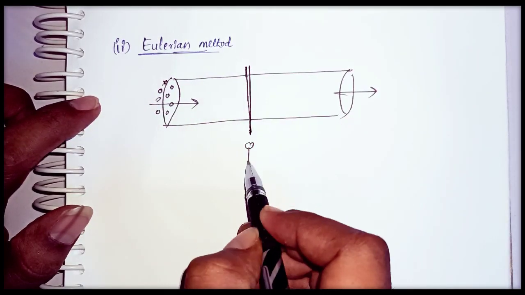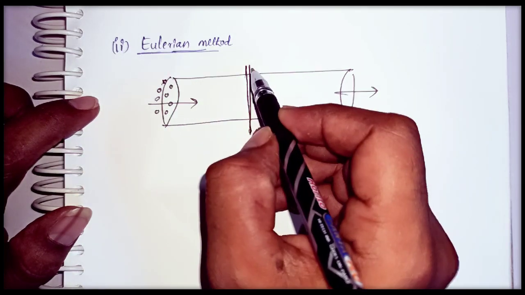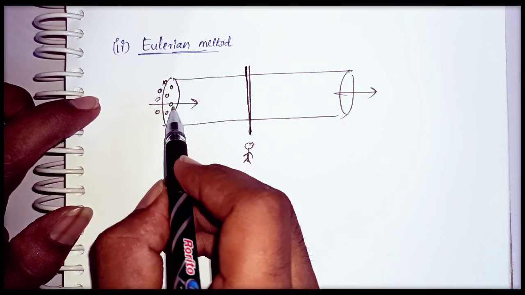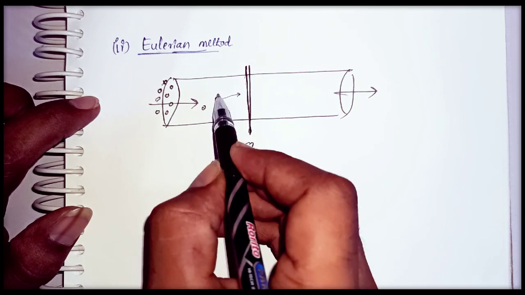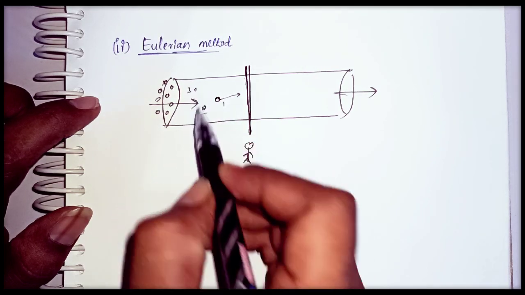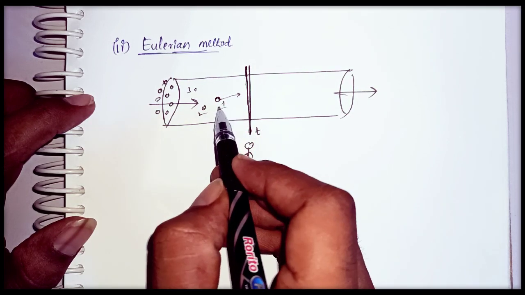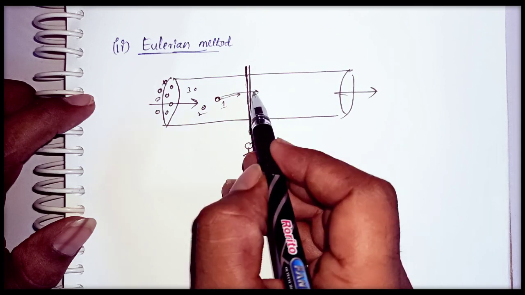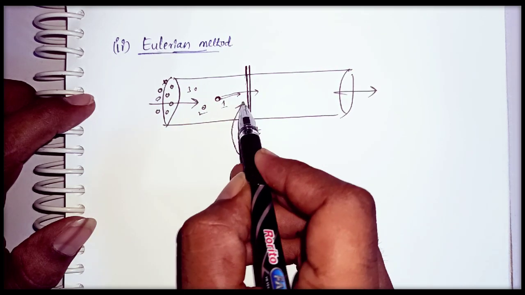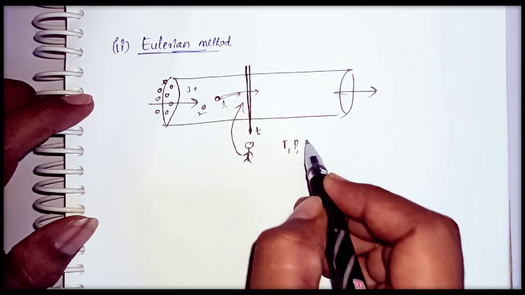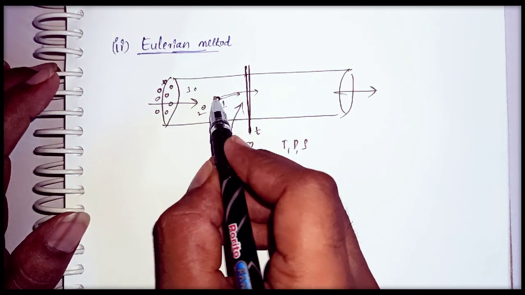Let us consider you are standing here, and let us consider this is the boundary, and each and every fluid particle is coming like this and crossing this boundary. Let us consider this is fluid number 1, fluid number 2, fluid number 3, and at a certain time t equal to t1, fluid particle 1 will cross this boundary. During the crossing of this fluid particle, you are analyzing the position, the temperature, pressure, density. All these values you are calculating whenever it is crossing this boundary.